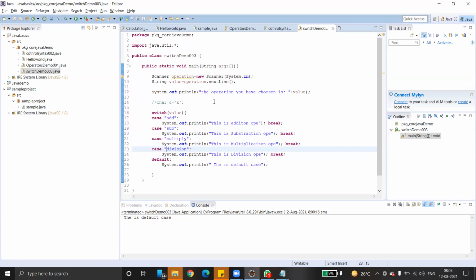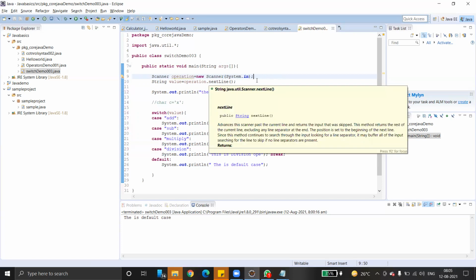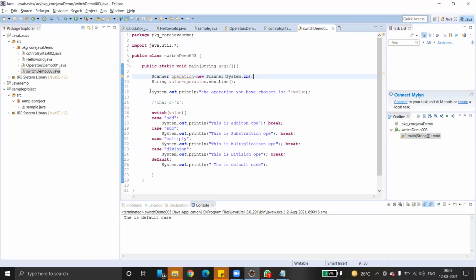This is how we actually, in runtime, give input based on the C. Here I'm just going to add one simple command.